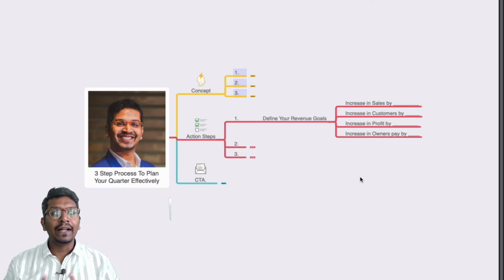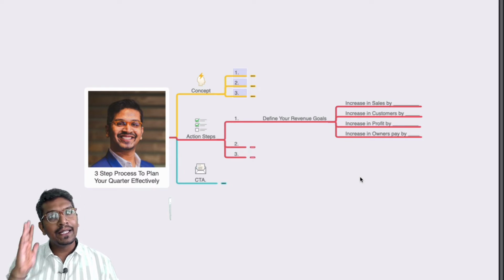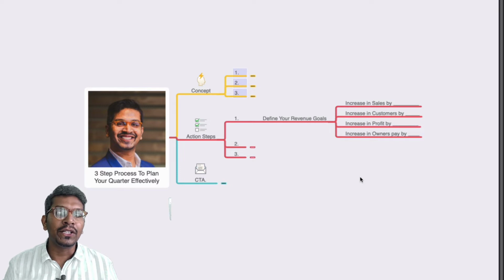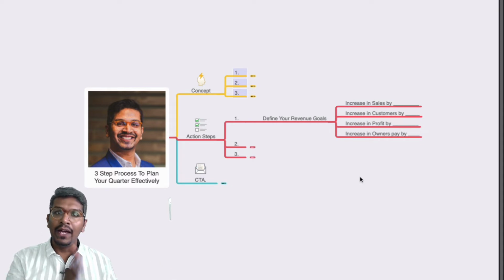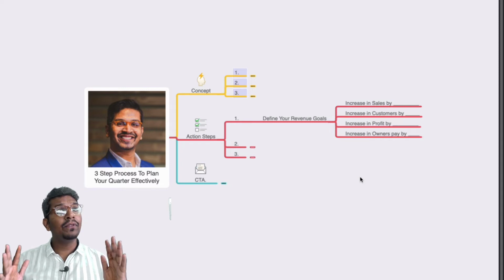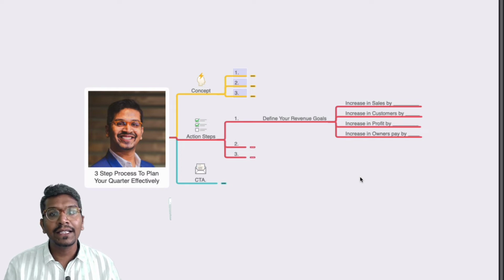Once you are able to define and customize your revenue goals for each quarter, this will give you good insight and clarity for the rest of the 3 months on how and where you want to reach. With the numbers that you have right now, you will be able to do a gap analysis and understand where you are and where you have to reach in the coming 3 months. This will give you really good insight and clarity on what the focus areas are and what activities need to be done to achieve these revenue goals.